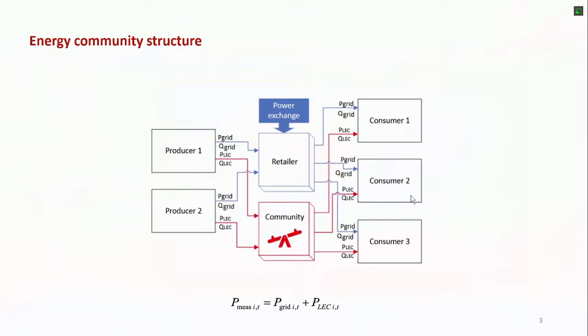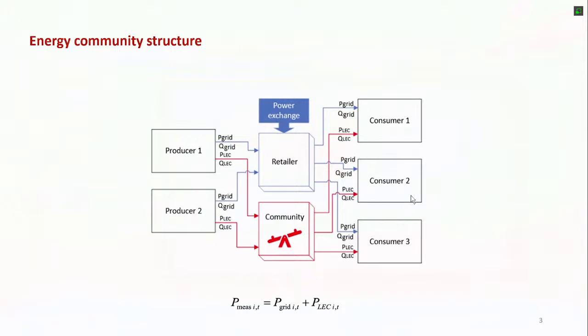If you are part of the community, this part is paid according to the internal rules of the community, which we need to investigate a little bit now, and this power is discounted from your measurement. So you pay only the rest, the compensation, for the power of the meter. Obviously, this is a calculation that is made afterwards, because you measure, and then